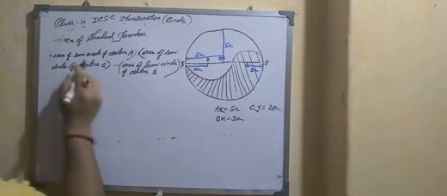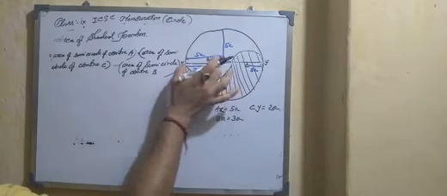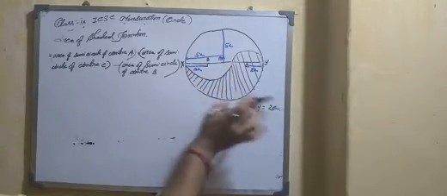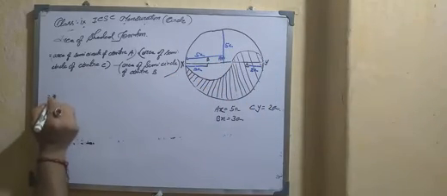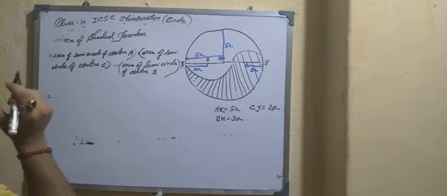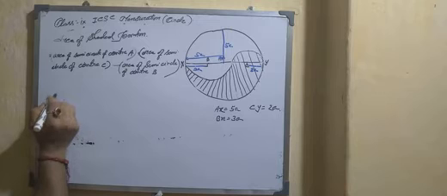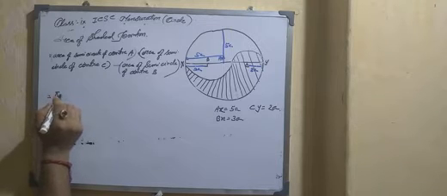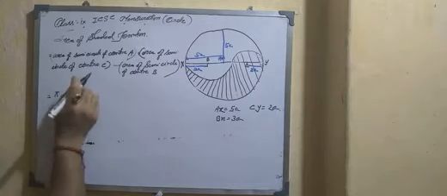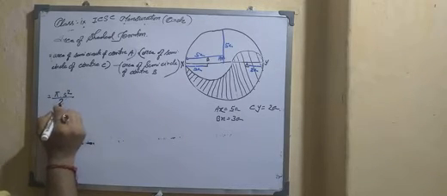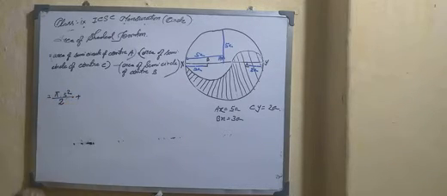Now for the area of semicircle of center A, that means total this portion equal to, what is the formula? Pi r square by 2. Pi r square means r equal to 5 centimeter, pi r square by 2 plus